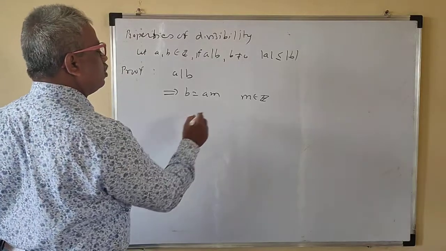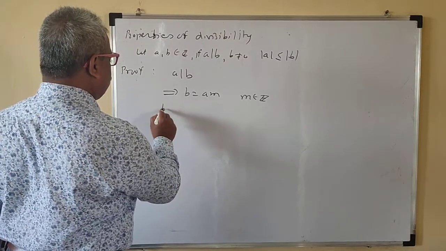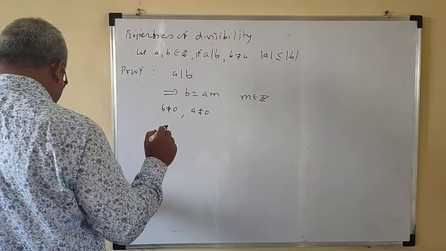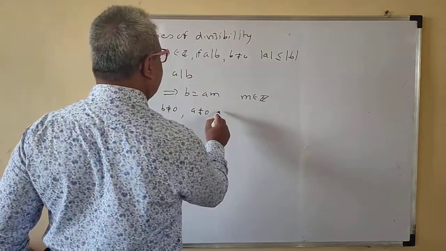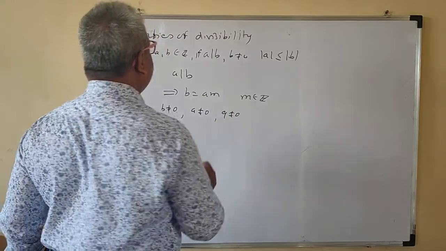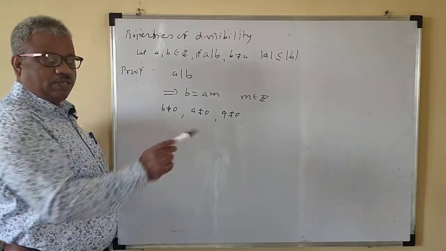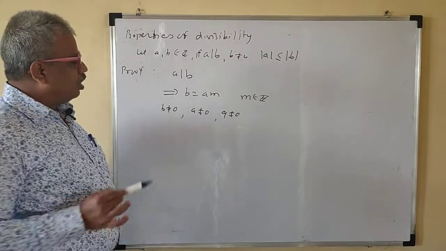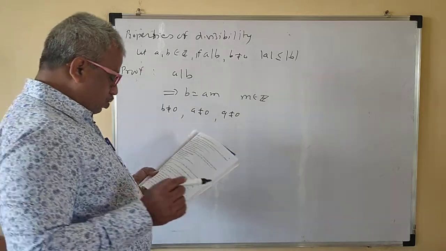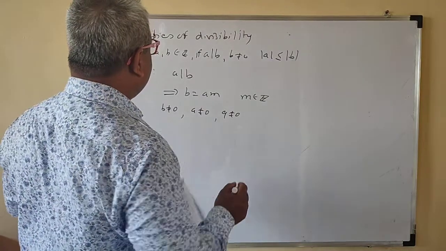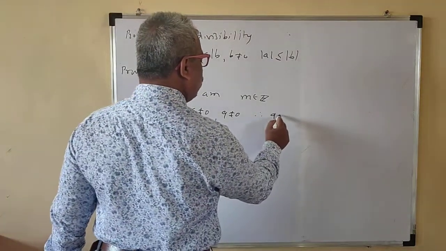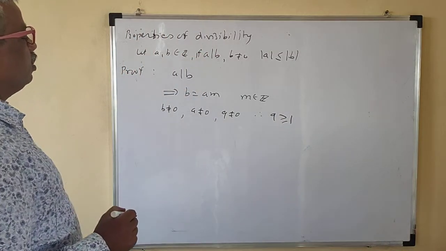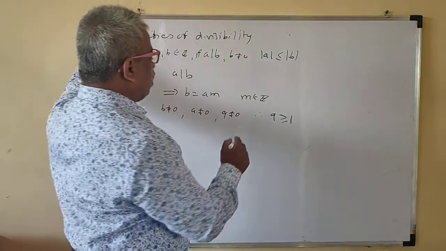So now here, B is not equal to 0, and A is also not equal to 0. Therefore Q is also not equal to 0. Because by definition, A divided by B, A is always not equal to 0, whatever B may be. So you have provided B is not equal to 0, that means your Q is also not equal to 0. Right? Therefore Q is greater than or equal to 1.